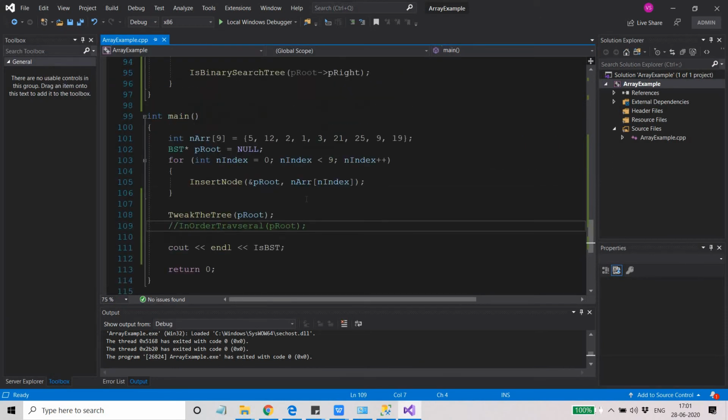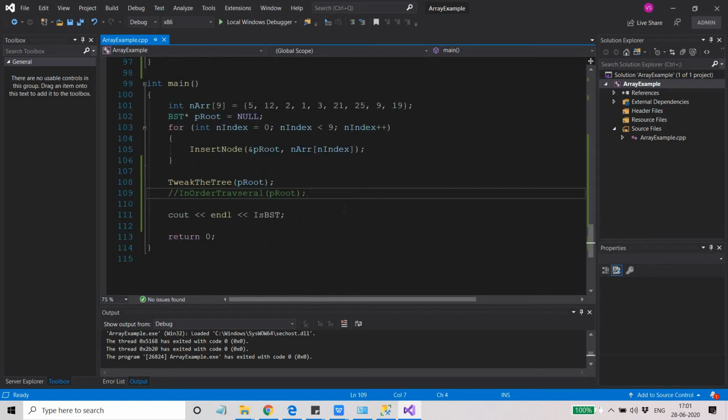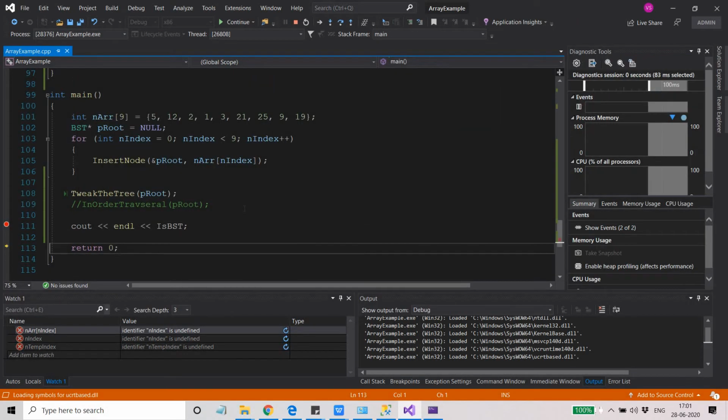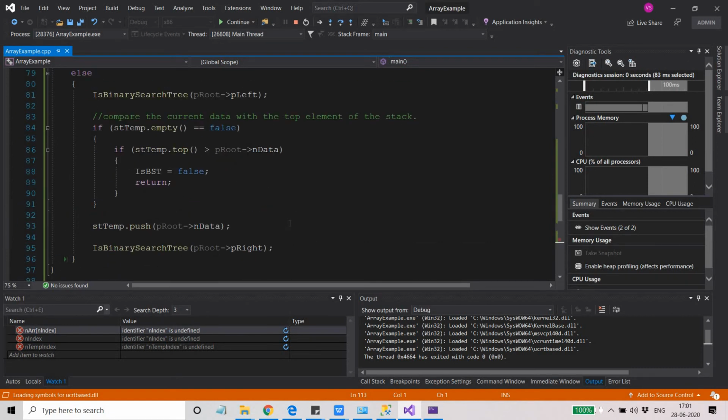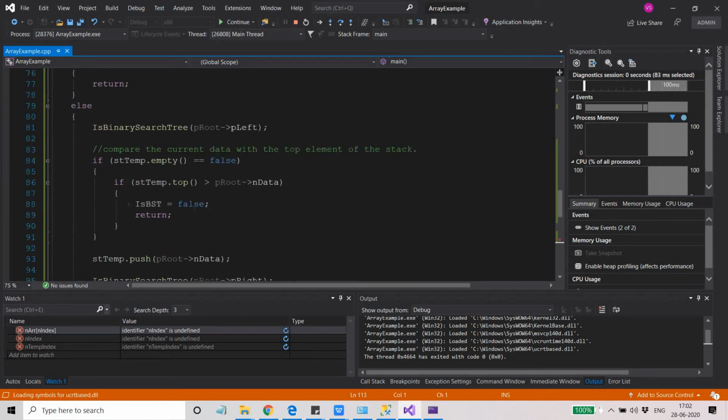Just a minute. Just place a breakpoint here. Just do F5. isBST is equal to false.